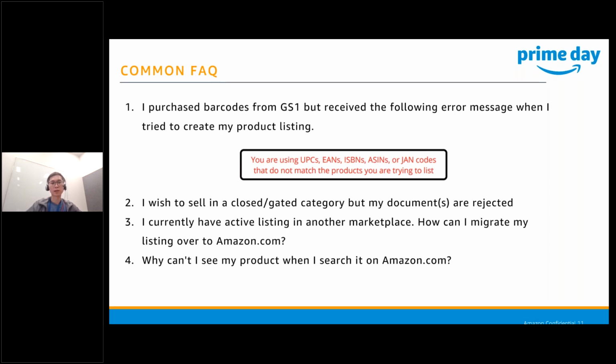But one of the easier options that you could consider is to leverage advertising tools such as Sponsored Products. Sponsored Products is one of the Amazon advertising tools available for all sellers. By launching ads on your product, that would actually increase your product visibility on Amazon, so that when people search for certain keywords or related listings, you will have a higher chance of having your product surfaced as a sponsored ad when shoppers are buying on Amazon.com.